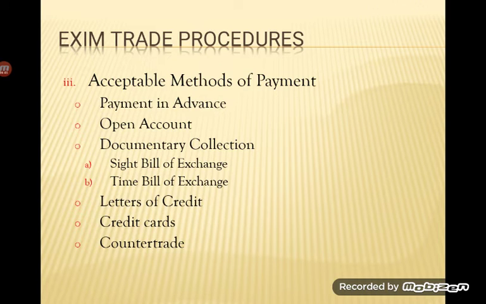Then we do have counter trade. Counter trade is nothing but a kind of barter system where exporter and importer, on mutual agreement, if they require different commodities from each other, can predetermine the value of the commodities they require. Instead of making any cash payments, the exporter exports a particular commodity which is required by the importer. In return, the importer will export a commodity which is required by the exporter. So in this case, both are exchanging each other's goods instead of involving any kind of monetary transaction in the EXIM trade. So that is called counter trade. I hope it is clear.